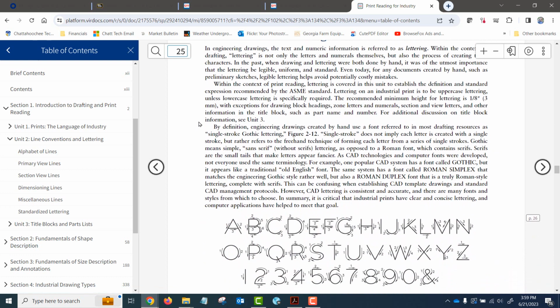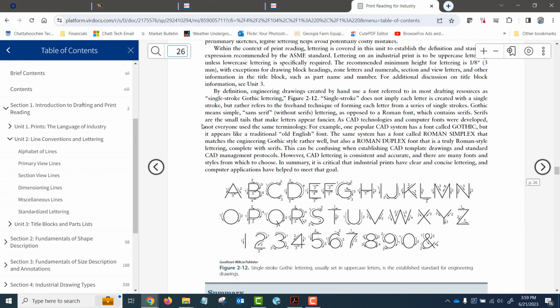Lettering. It's good that you can do some hand lettering so that when you do sketches, and invariably in your job, you will have to do some sketches, whether you're going out to a job site or out on the shop floor, and you have to take some measurements and do some sketches and make some notes. So you need to practice printing neatly so that when you bring your sketches back, somebody else could read them. Okay,